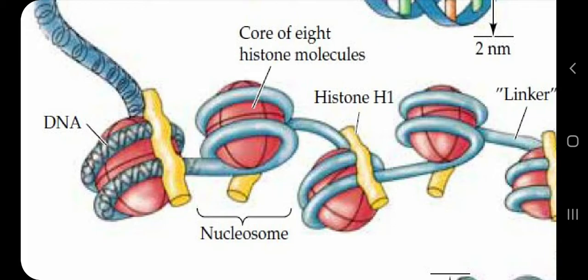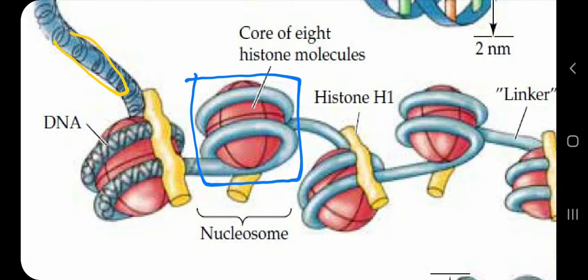So the histone protein, I should mention here, is composed of 8 subunits: histone 2A, 2B, 3 and 4, and then double copies of those, 8 units in total. It is also called an octamer, because a protein composed of 8 subunits is called an octamer. So this DNA, which has a width of 2 nanometer, is wrapped around these histones.